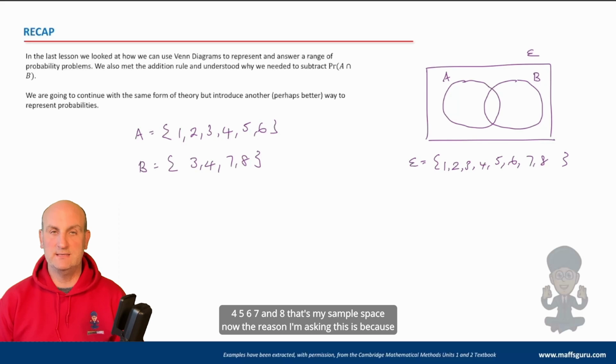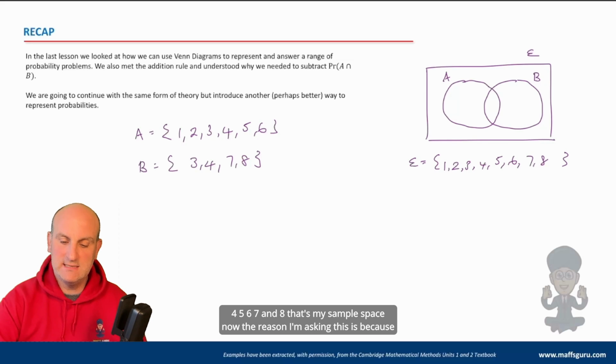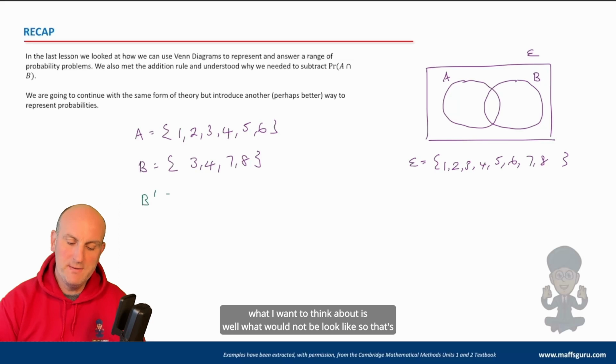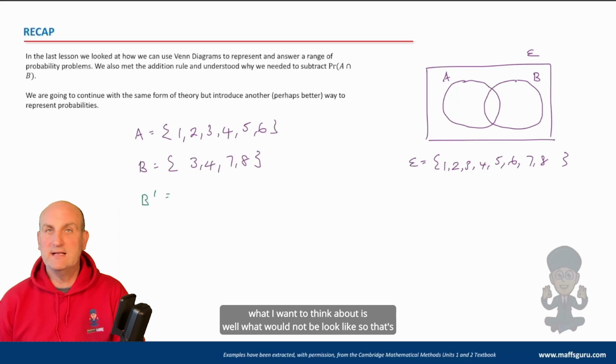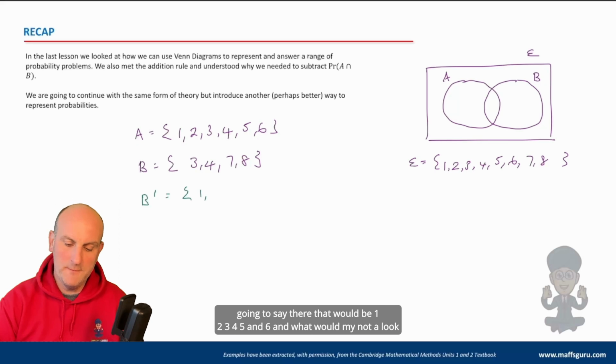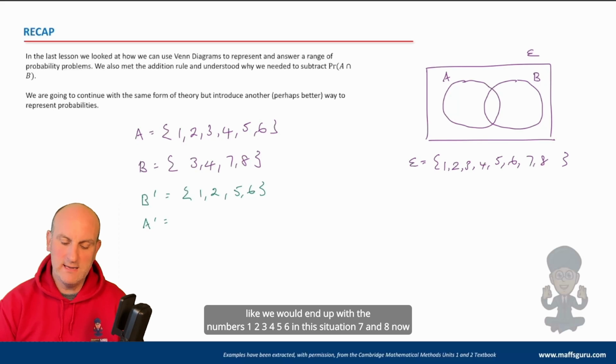That's my sample space. Now, the reason I'm asking this is because I now want to think about, well, what would not B look like? So that's basically all the numbers that are in the sample space, but not in B. So I'm going to say that would be 1, 2, 5, and 6, 7, 8